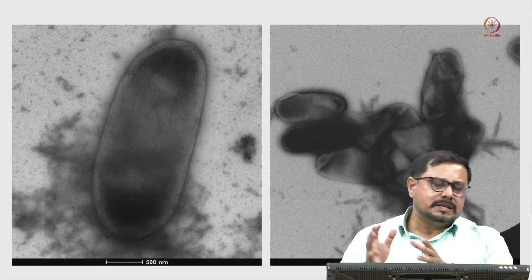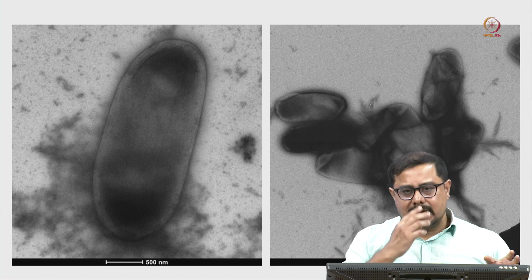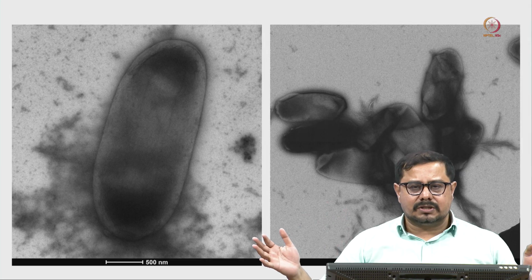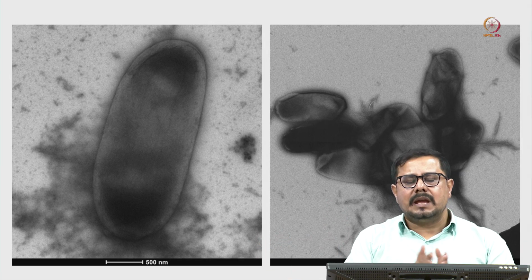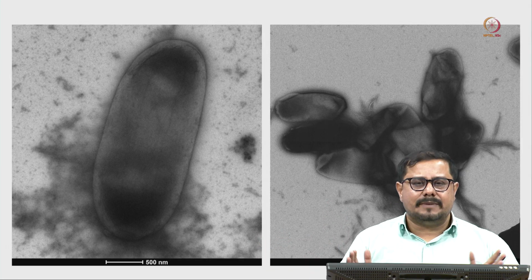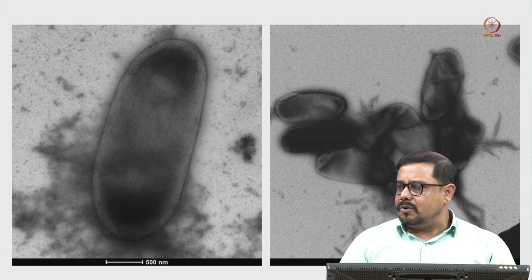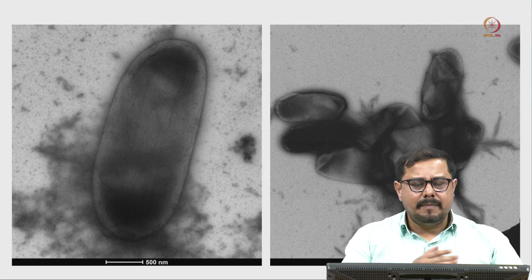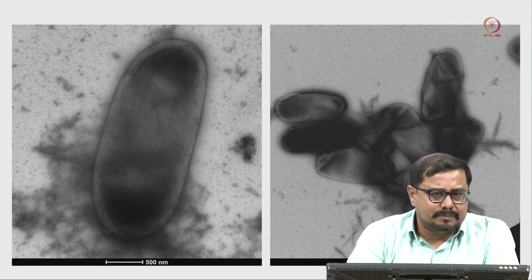So there will be many small samples, starting from a very low concentration of this inhibitor to a very high concentration of the inhibitor. At the end we may have 10 to 20 samples. If you want to do cryo-EM on these 10 to 20 samples, it will be a very difficult task. That is the reason, if we implement negative staining in this particular case, we will get lots of information.